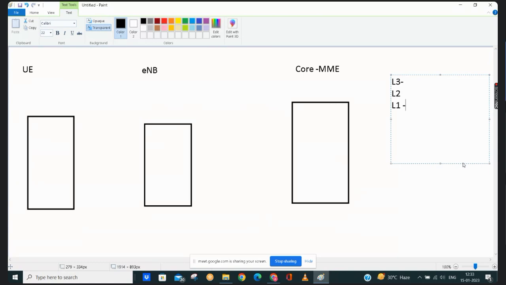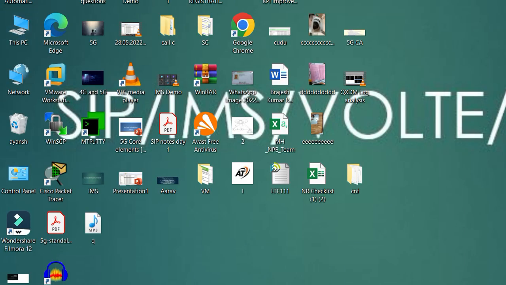L2 is the PDCP, RLC, and MAC layers, and L3 is the NAS and RRC layers. So this is NAS and RRC, this is PDCP, RLC and MAC, and this is the physical layer. So these are the protocols we have in LTE. Let me draw here.